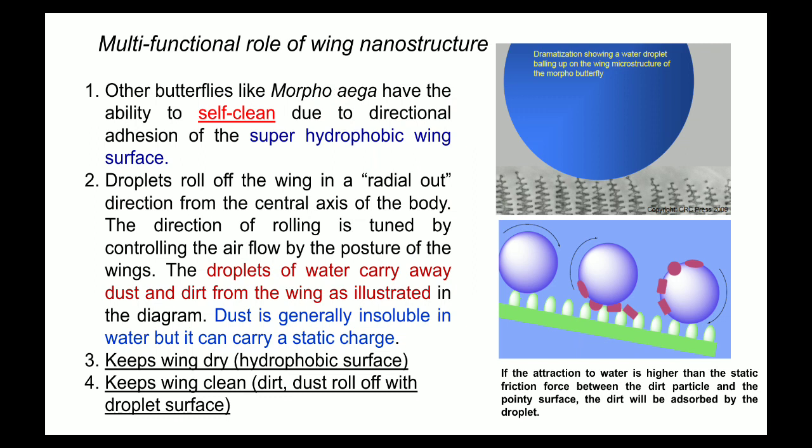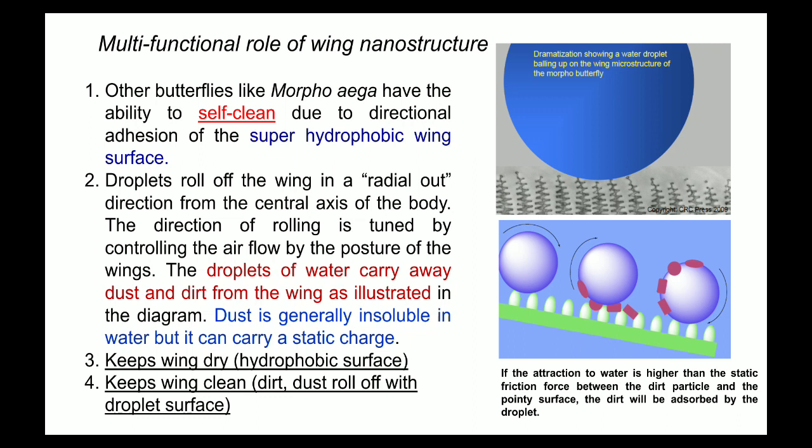So this butterfly wing has a multifunctional role. This nanostructure not only gives a beautiful color to the wings of the butterfly, but it also gives an additional property called self-cleaning. Other butterflies like Morpho have the ability to self-clean. This is a special butterfly. Morpho is a class which has the ability to self-clean due to directional adhesion of the superhydrophobic